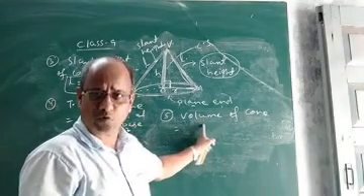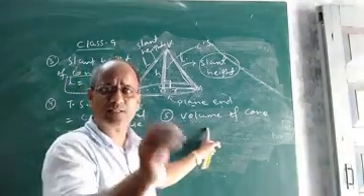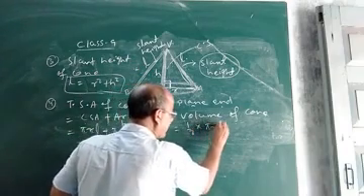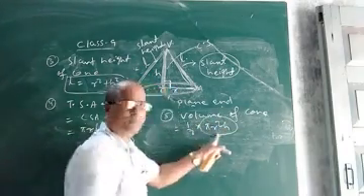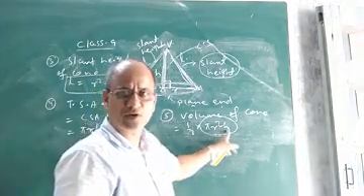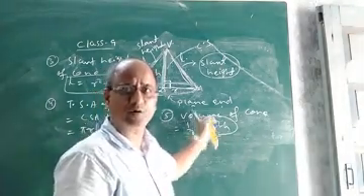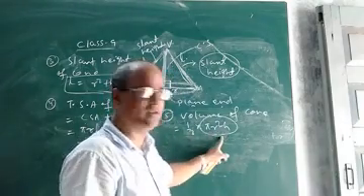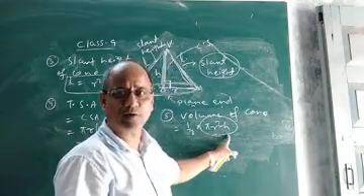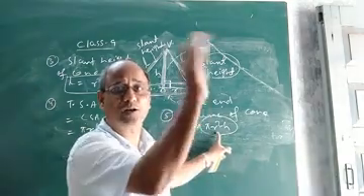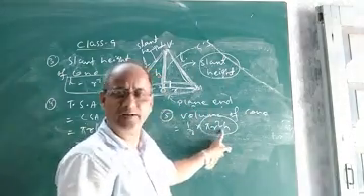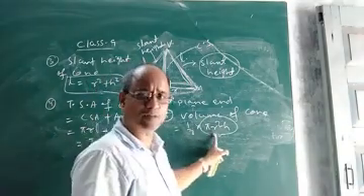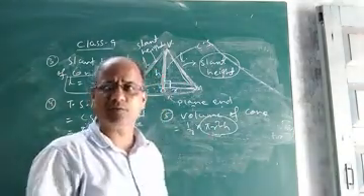Okay. So in case of a cone, the volume of the cone is 1/3 the volume of the cylinder. That means it will be 1/3 pi r square h. This is the volume of the cylinder, pi r square h. 1/3 the volume of the cylinder will be equal to the volume of the cone. So if you remember the volume of the cylinder, you can easily remember the formula for the volume of a cone. So using this formula, you can easily compute the volume of a cone.